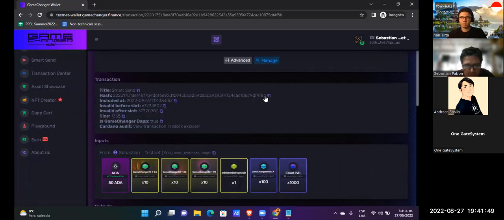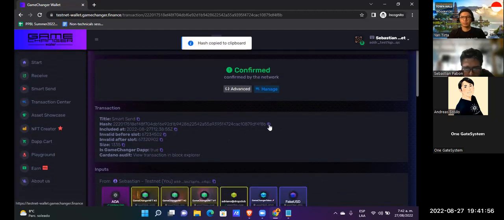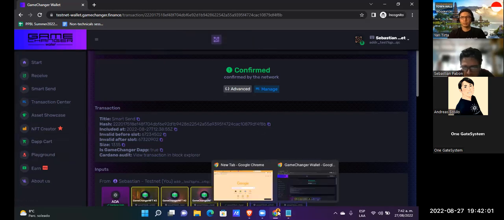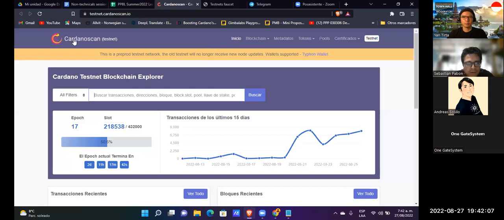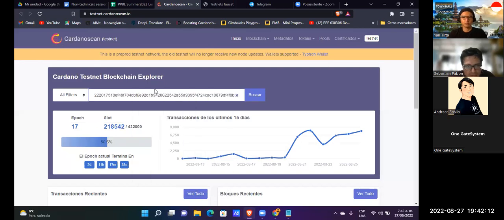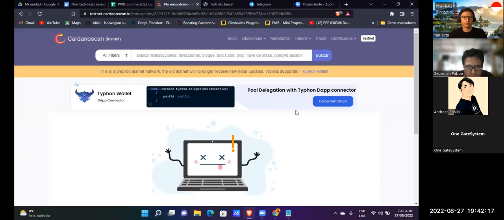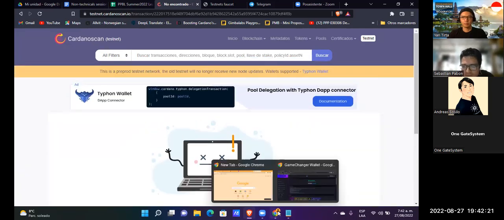In the history, we select our transaction, and the hash of the transaction is this. And we go to our Cardano Scan and paste the hash of the transaction. Okay, we don't have this here.